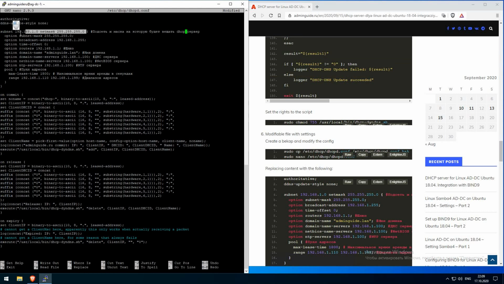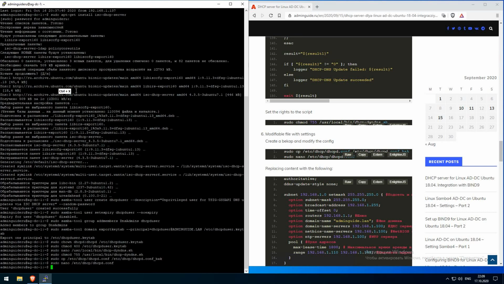So it's easy to say. This is our subnet, our subnet mask. This is the name of our domain. You must have another domain, I think, then you need to edit this. This is our gateway, DNS server, NetBIOS server, enterprise server, and the pool of addresses that we use for our DHCP range. So Ctrl O, Ctrl X,